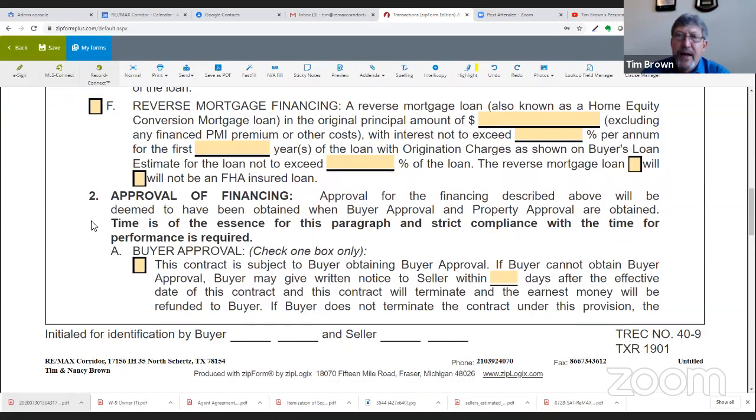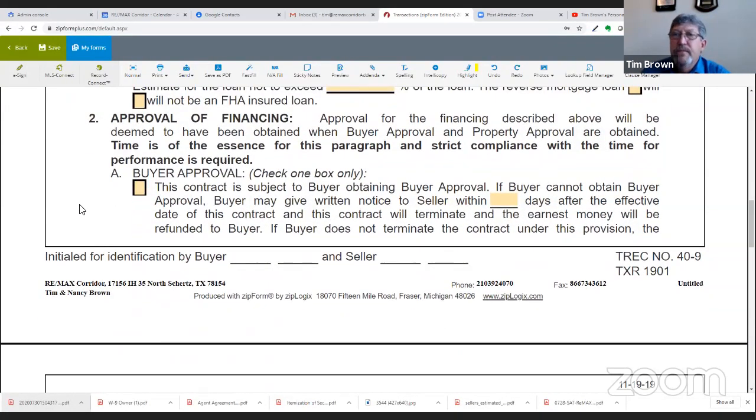And it gives a lot of options to your older seniors. All right, big paragraph 2, approval of financing. This is very, very, very important, okay? Approval for the financing above will be deemed to have been obtained when the buyer approval and property approval are obtained. Okay, once again, time is of the essence for this paragraph, and strict compliance with the time for the